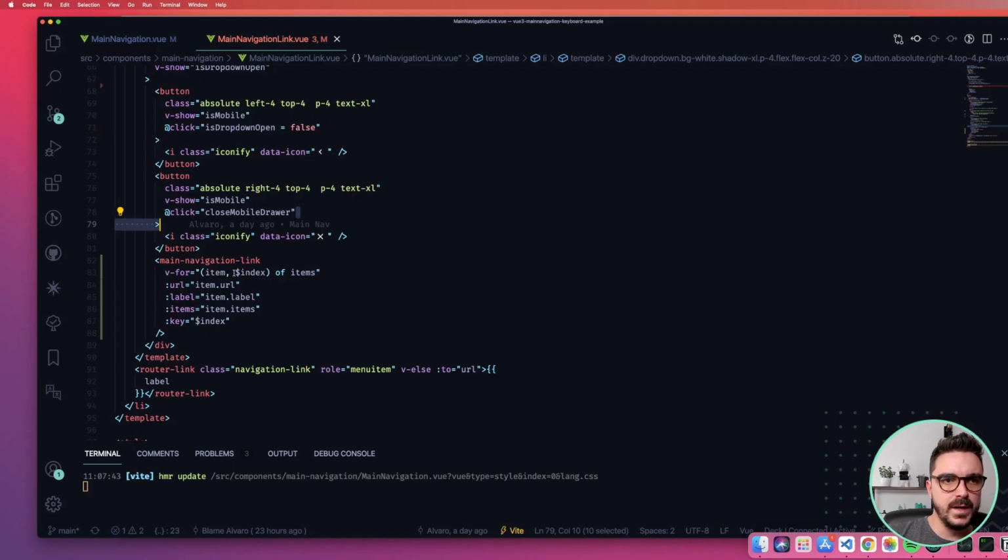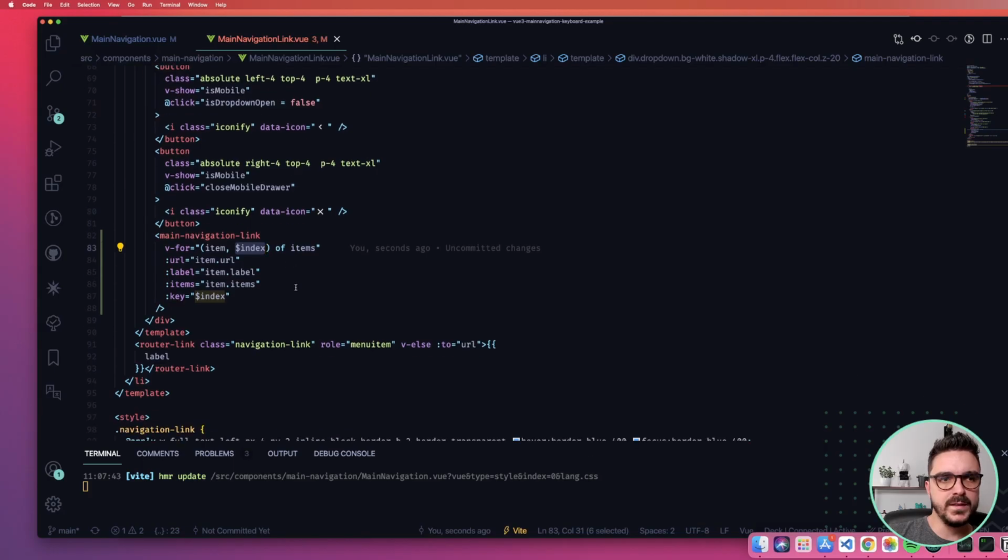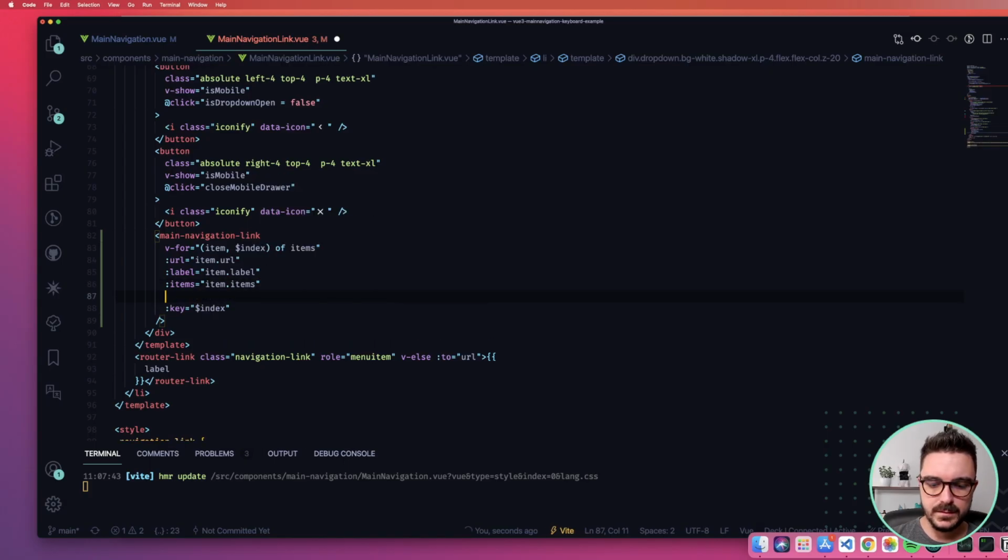So here we have the index. We could check when it is the last one, and if it's the last one, we pass, let's say, isLast, and we say when index is equal to items length minus 1.